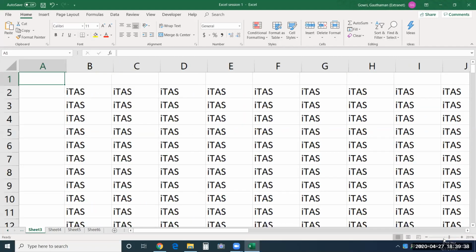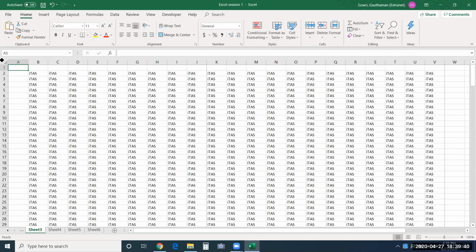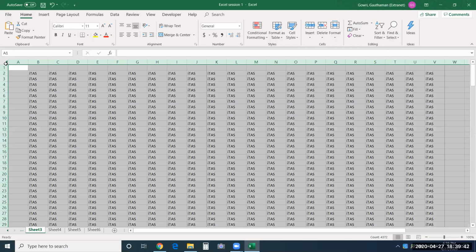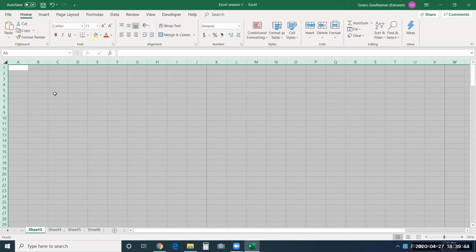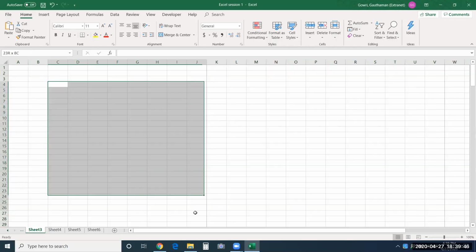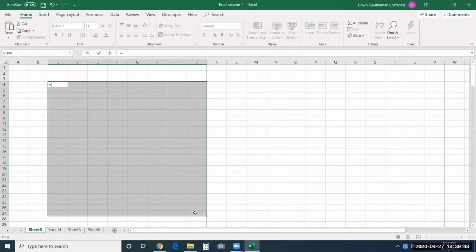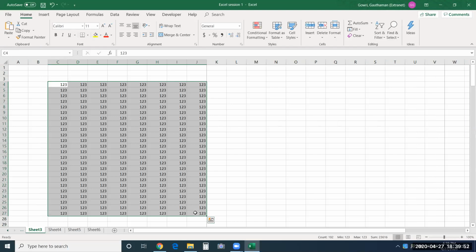Okay. The next part is, now suppose I'll clear all this data from this sheet and I'll give some numbers like this. As soon as you select this, you get to see some values over here: count, min, max, sum, and a few more. If you want, even more can be added to this.